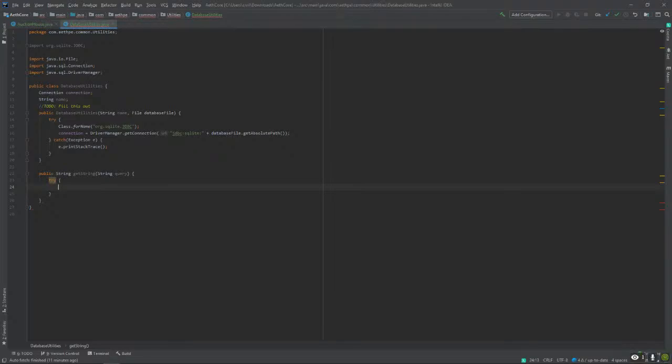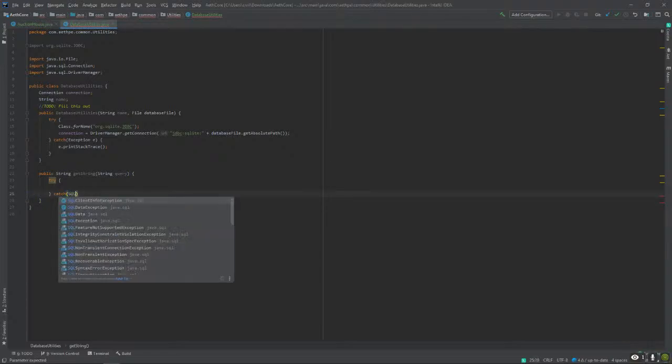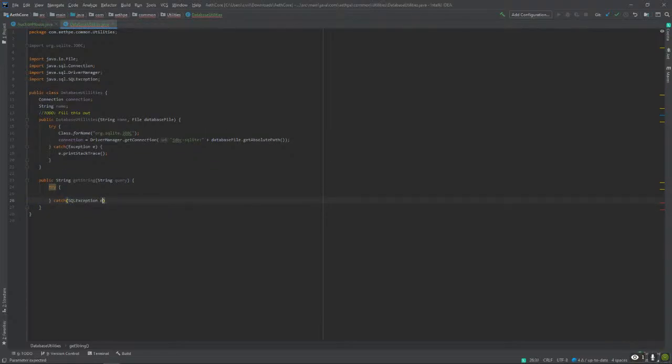I'm sure there's a better way of doing this, but I like doing it this way. SQL exception E, print stack trace. Okay.